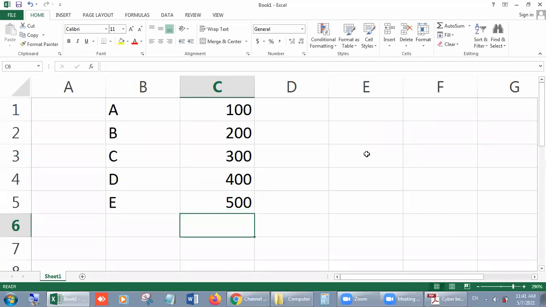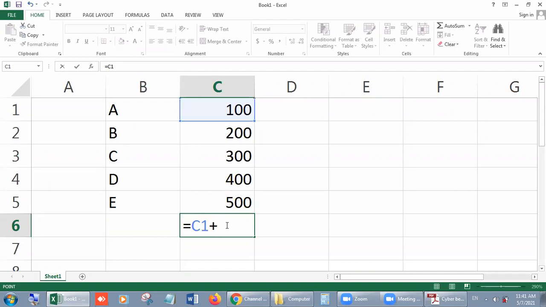Here I am going to show you the basic formula. With the help of it we can calculate these numbers, right? First of all, I told you that a very important step is to use the equal to sign before every formula, right beta? And now select the first value like this, and the address automatically comes into the formula bar.